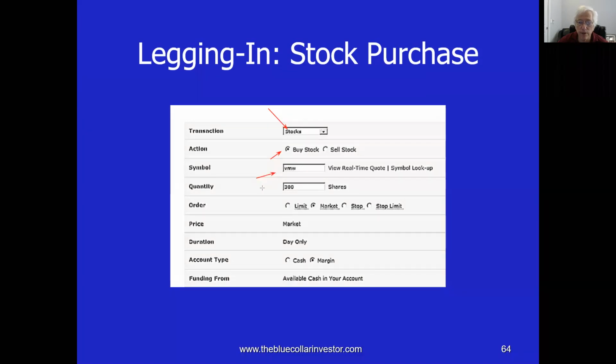So you put in the ticker symbol, how many shares you want, and we could use a market order. If you prefer a limit order, that's fine too. And then, of course, it's a day-only trade. You don't want to leave it lingering for a while. Things might move against us. So